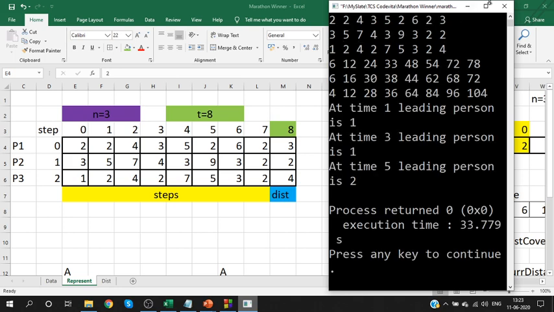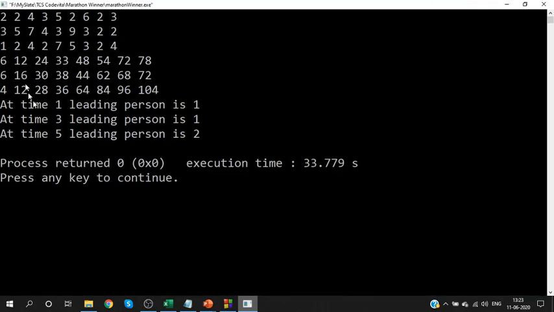Okay, take a look at this. At time 1 means 2 seconds. Column 1 means 2 seconds, right? At 2 seconds, who is leading? This is 0th participant, first participant, and second participant. Is this clear? At time 1, first participant is leading. Okay, so second row is nothing but the first participant. At time 1, participant 1 is leading. You get that right? Yes. At time 3, look at the fourth column. At time 3, even now participant 1 is leading, right?